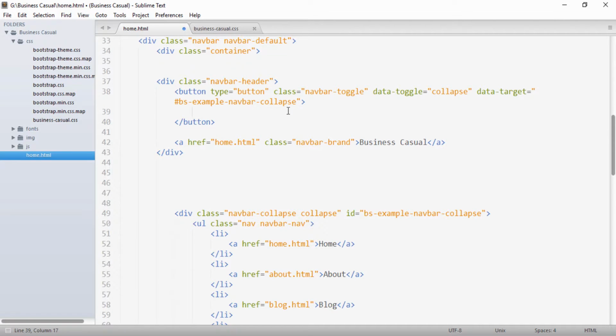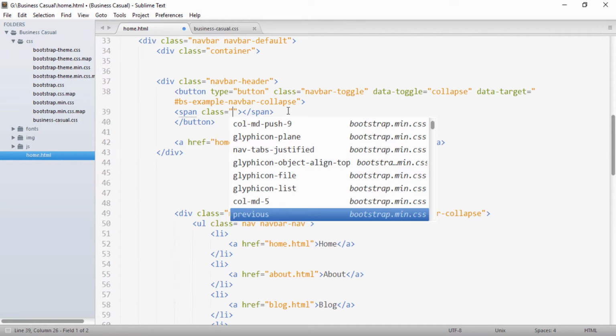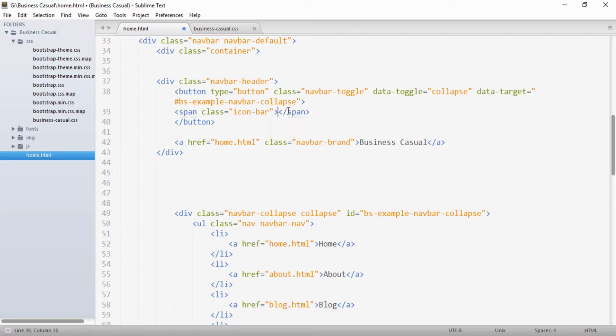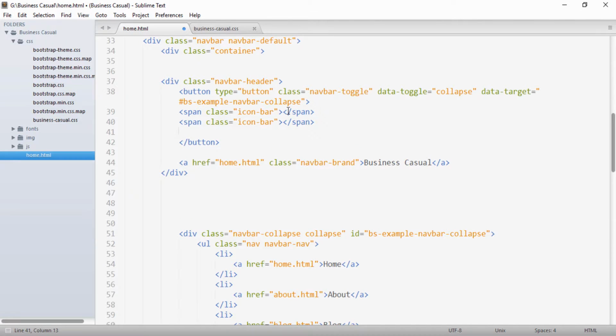And moving ahead, we also saw that the button has three strips. For creating those three strips we have to provide a span element, and to this span we have to provide a class of icon-bar. So icon-bar is the class, and we have to provide three icon-bars to show three strips.